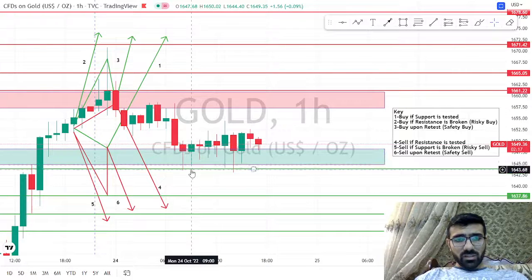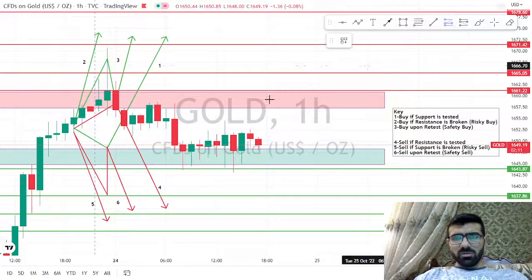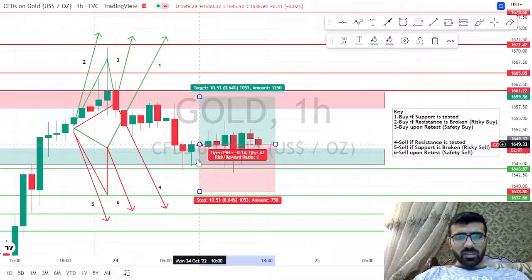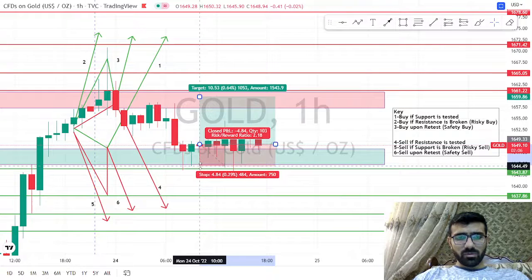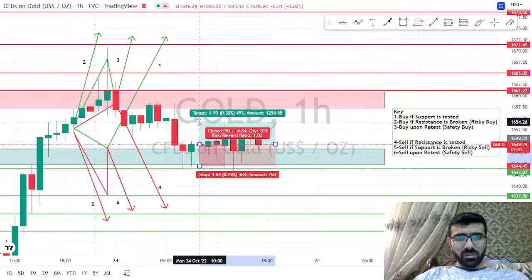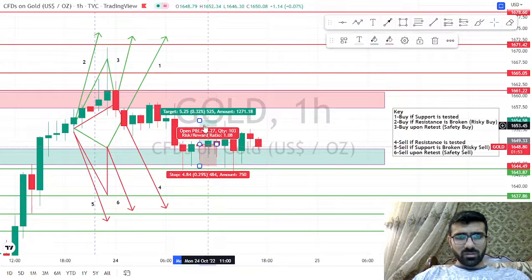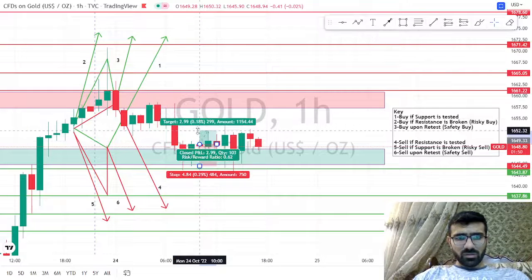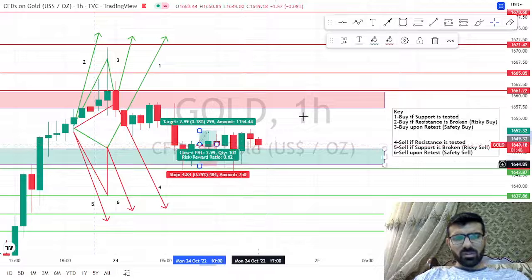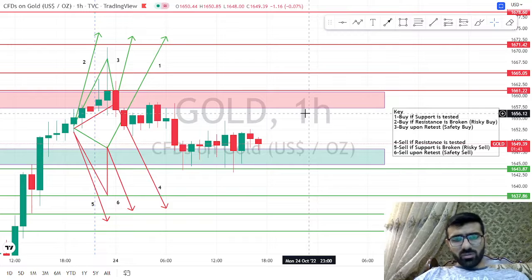And as soon as market tested our area of support and gave us a good buying opportunity, maybe we could take an entry of buying. Our stop loss would be approximately over here, and our take profit will be approximately, not here, but rather over here. So this trade would have only given us a 0.6% profit before we would have hit our stop loss. So we can say that this trade would have given us only a break-even point.